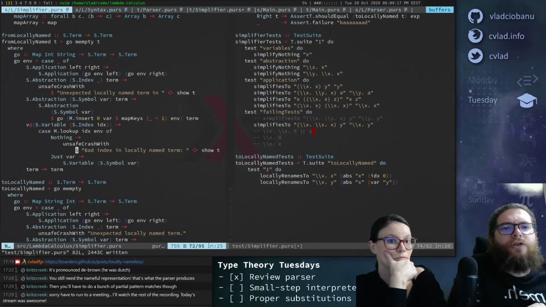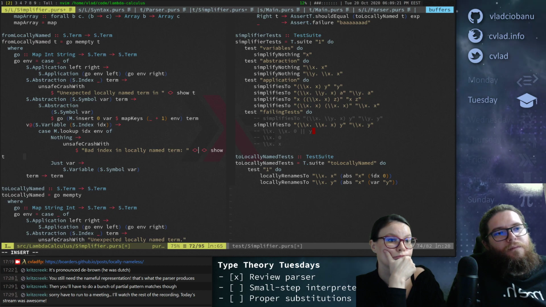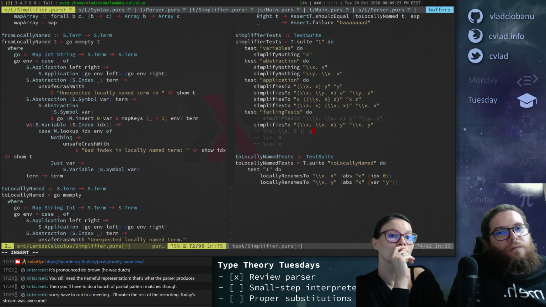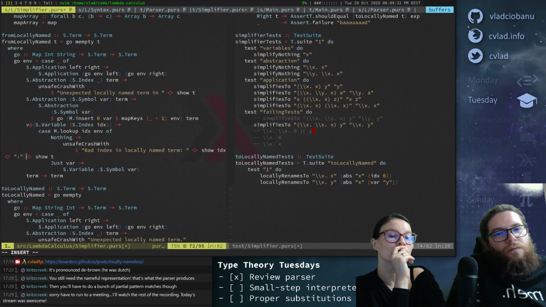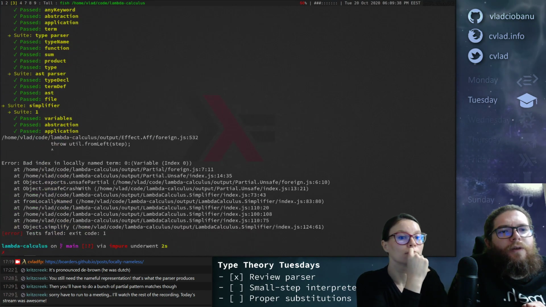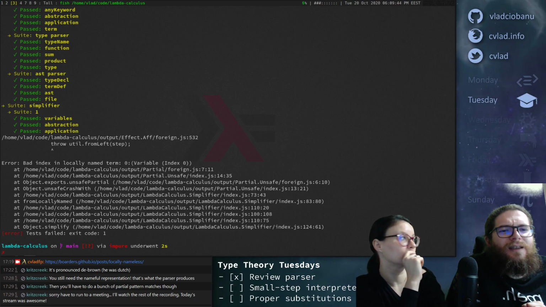Okay, let's also show the index here. Something like this. What index are we looking for? I think we're looking for 1. No. We're looking for 0 and we're not finding it.